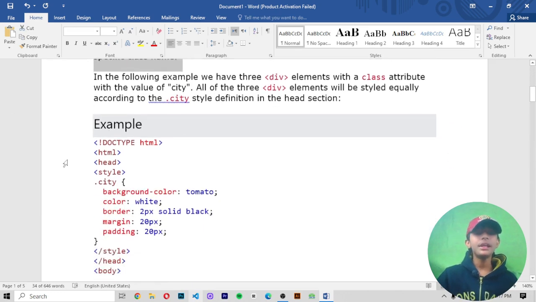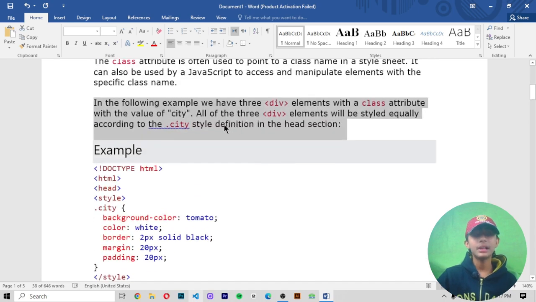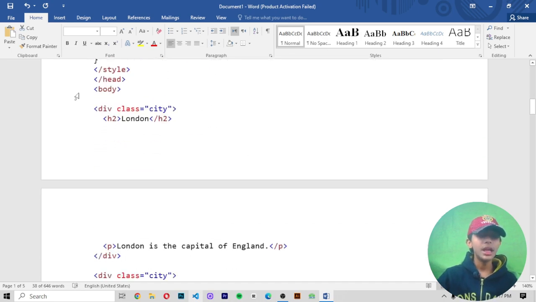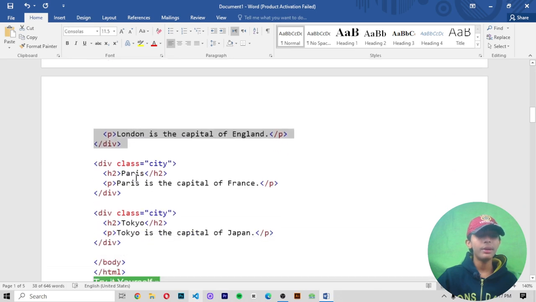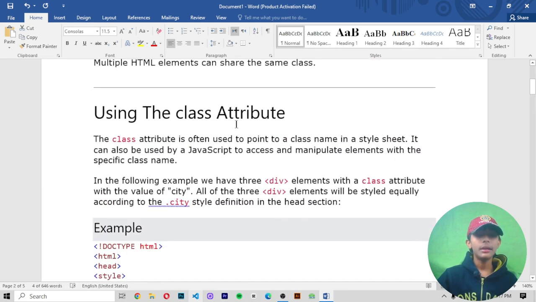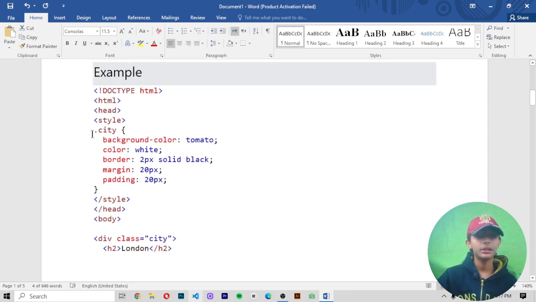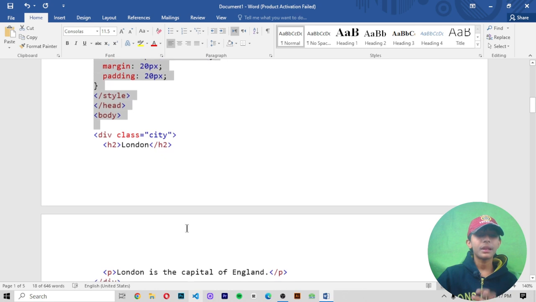Now, in the following example, we have three div elements with a class attribute with the value of city. Here you can see one div element, second div element, and third div element. All three div elements will be styled equally according to the .city style definition in the head section, like this. Okay, so let me run this code.